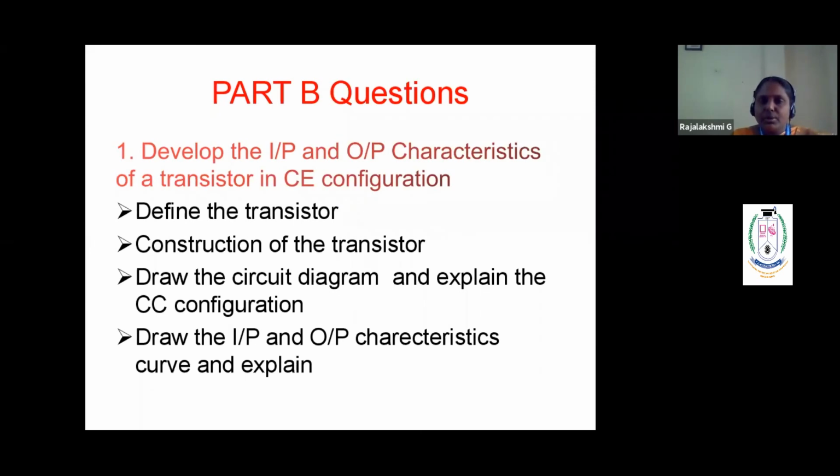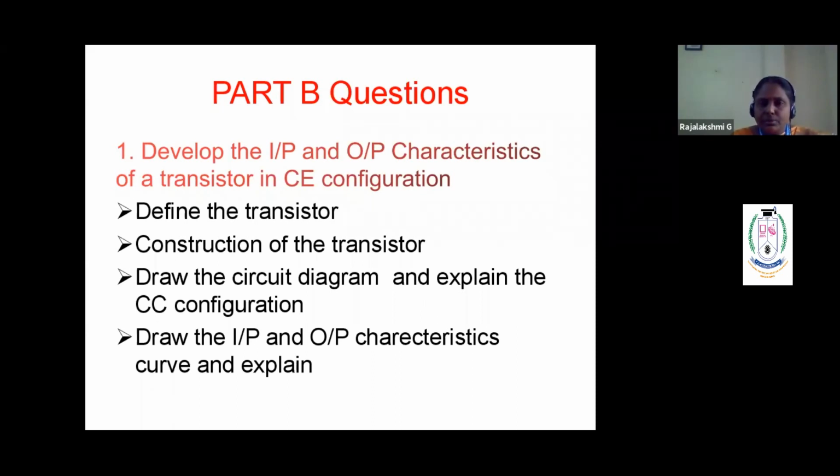Next, since you are going to write on the input and output characteristics, to obtain the characteristics you obviously require a circuit diagram. So draw the circuit diagram, a simple circuit diagram showing the transistor with its connections properly done. If you go wrong in it, it won't be nice. If you're choosing an NPN transistor, the biasing should be proper. Without getting confused, you have to draw that.